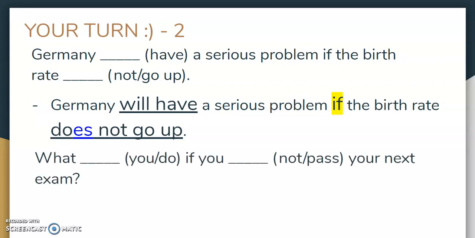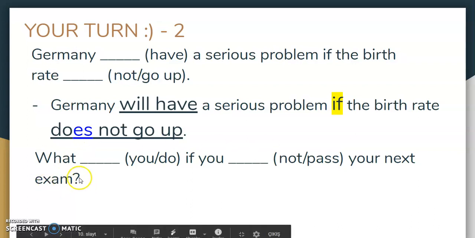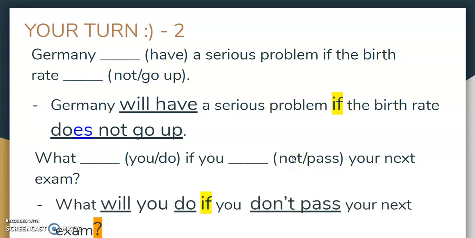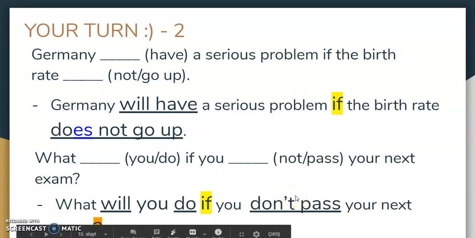Another sample. What if your next exam? As you can see, this is a question sentence, right? So you should be careful about the rules of questions. And as you can see in the if part, we have negative form, and it's something like this: What will you do if you don't pass your next exam? So don't pass is a simple present negative sentence, and in the main clause I used a question form. So you put will and then your subject and then your verb one, right? Okay,